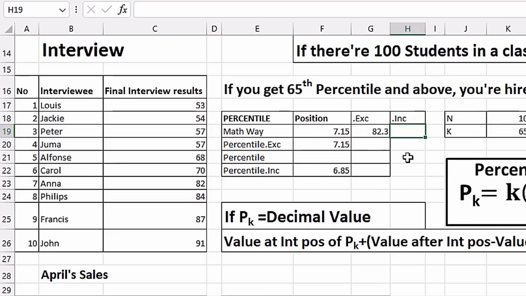Now let's also get the value for the percentile.inclusive part. So we also use the same formula here. It's going to be equals to, but remember this time around, the position is not 7.15, the position is 6.85. So we're going to the 6th position, that is the integer part, and that is 70. And then we need to add to it, I'm going to put it in bracket,